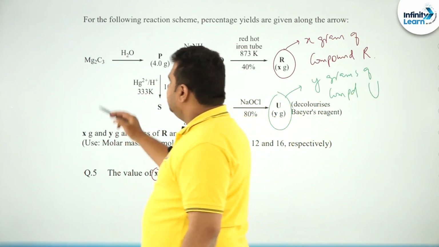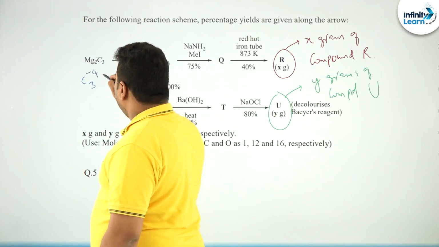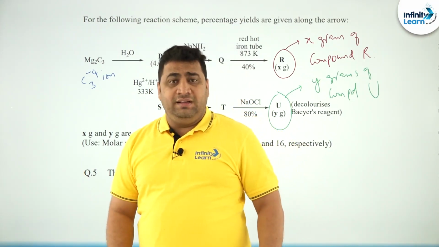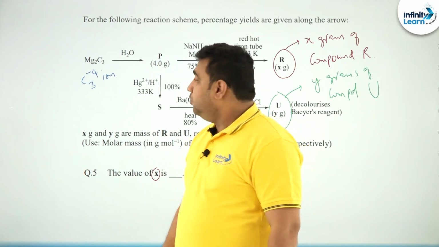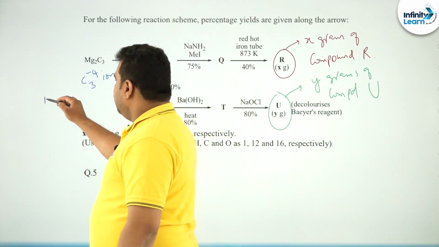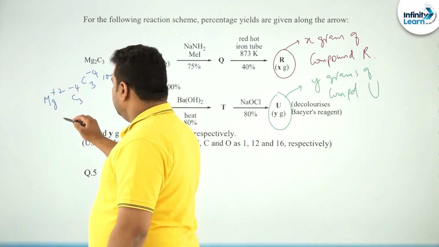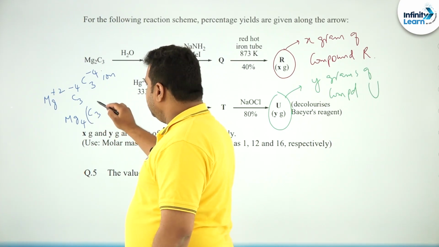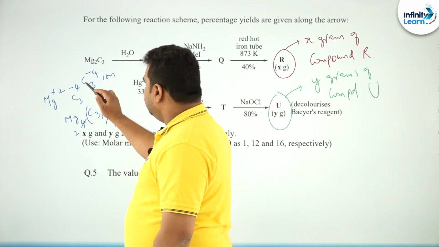Everybody see this, this is nothing but the MC3 minus 4 ion. You will say, sir, you have gone mad, C3 minus 4, how sir? It is C3 minus 4 ion. How? Because actually magnesium is plus 2 here and C3 is minus 4 here. Therefore, this is Mg2 C3 taken 2 times, and this is 2 1s are 2, 2s are, and is written as what?